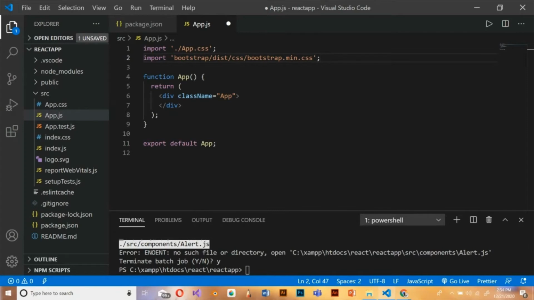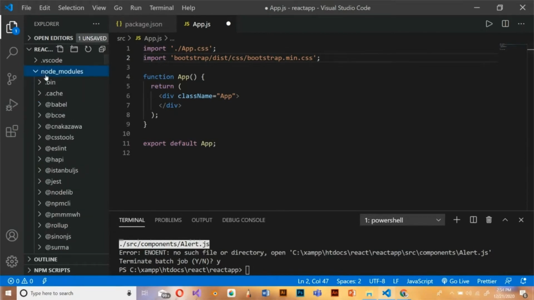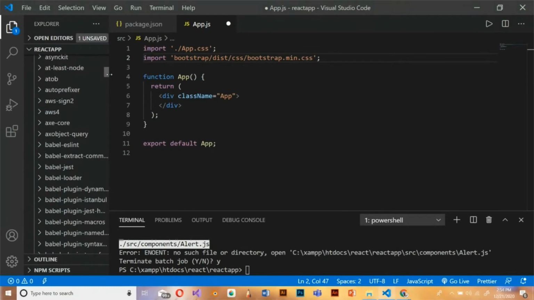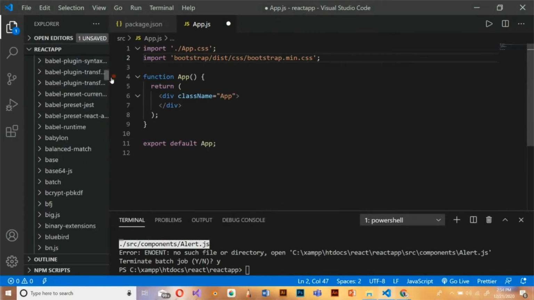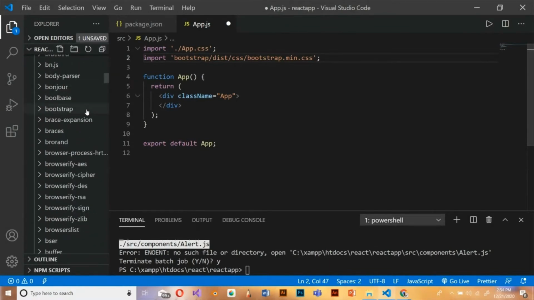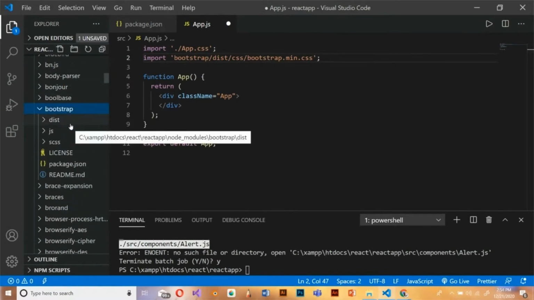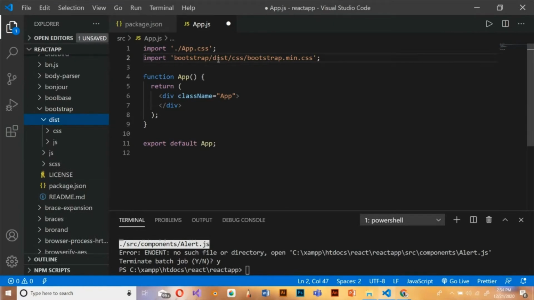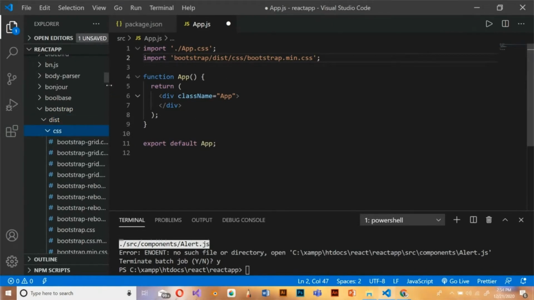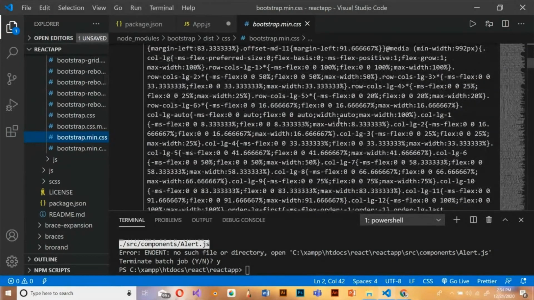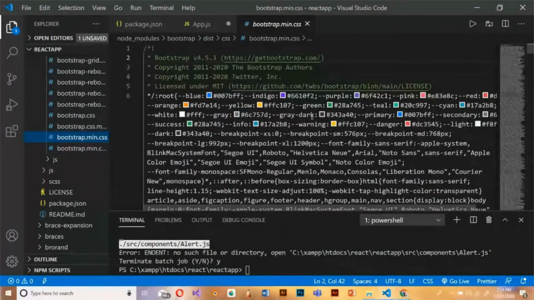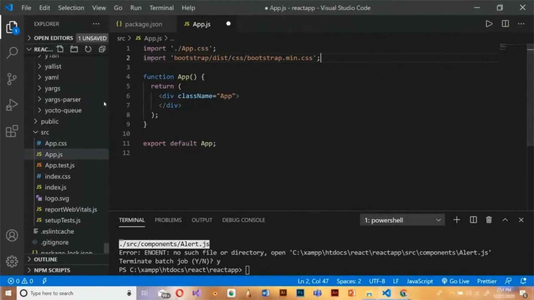As you can see over here, if you go to your node_modules, you can actually find the same path. If you go to your node_modules and open bootstrap, which is here, inside bootstrap there is this folder, like mentioned in the path above, css, and inside css there is bootstrap.min.css, and you're importing this file in your main app.js. So now once that's done,